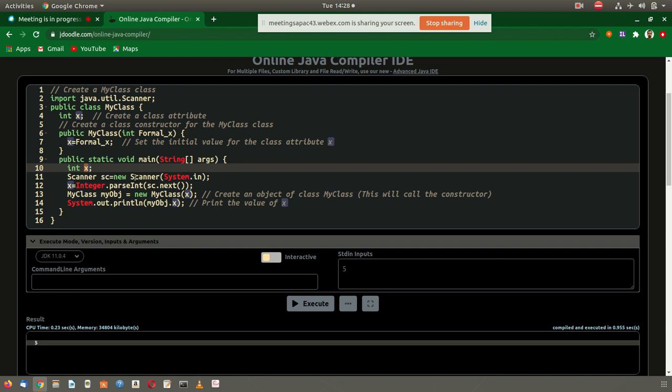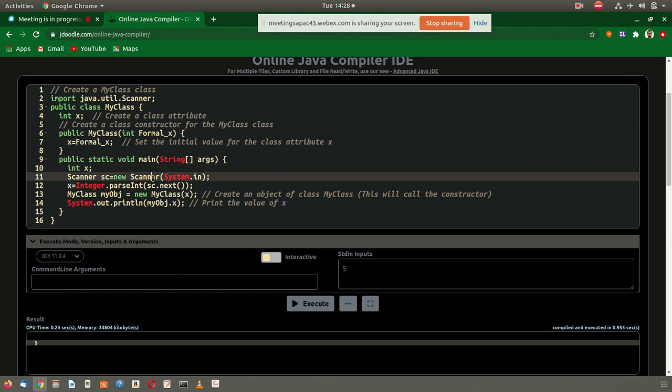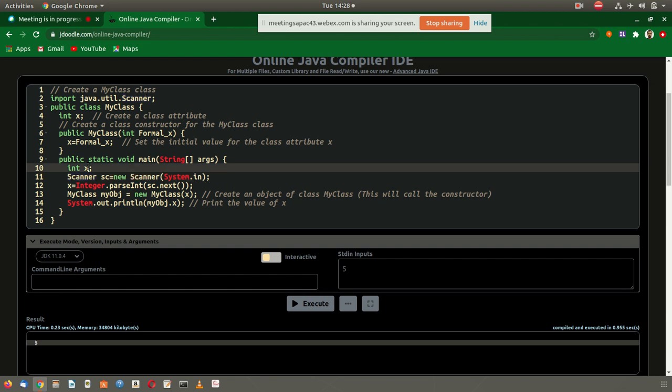So first we accept an input from the user. Scanner is a new Scanner, System.in. It is the input from the user, and since it is an integer data type, we convert the input, sc.next. There is a syntax to read an input.